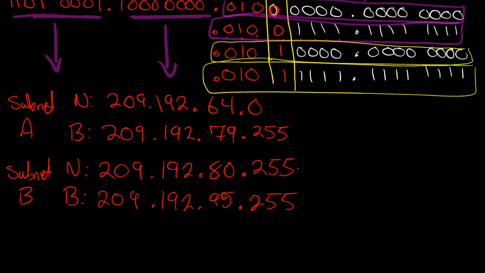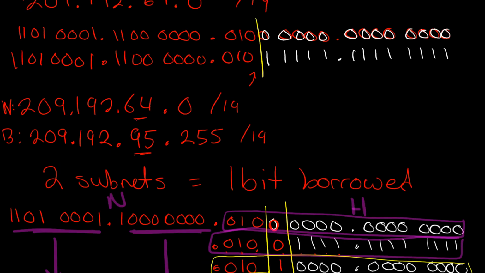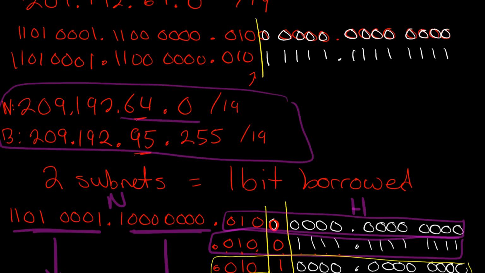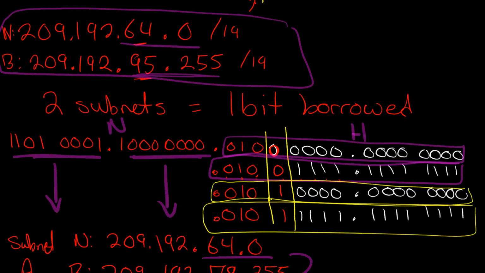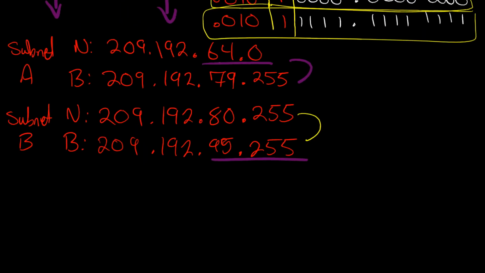And what we'll see is that we go from 64.0 to 95.255. If we reference back to when we calculated the full network and broadcast, we'll see that we had 64.0 and we had 95.255. So we did in fact split that whole address space right in half, which is a pretty good way to go. What we're going to look at now is what happens if we break another network into